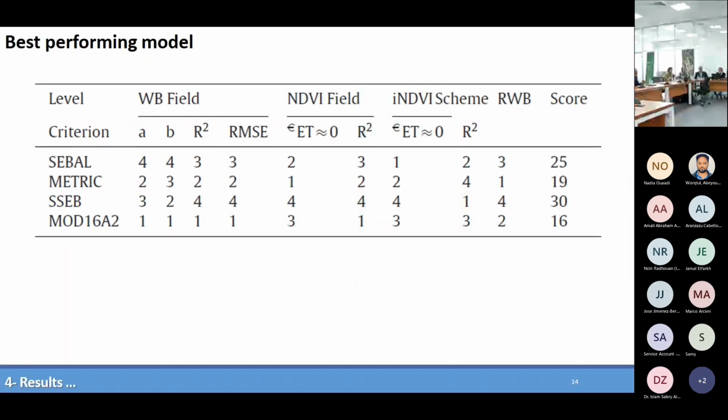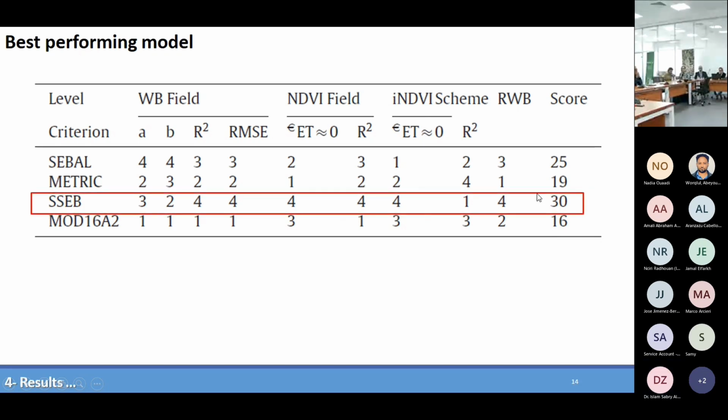We have made a test of model performance for each statistical parameter based on the water balance on the field, the NDVI on the field, the integrated NDVI, and the regional water balance all over the scheme. And we gave a score for each of the methods. As you can see for the score, it was actually SEBS, the Simplified Surface Energy Balance method, that had the highest score. And we adopted this model